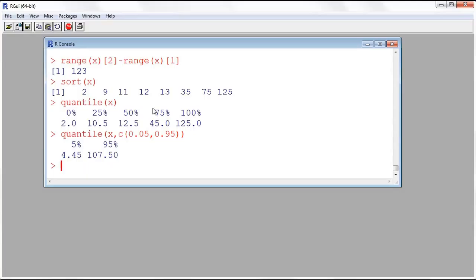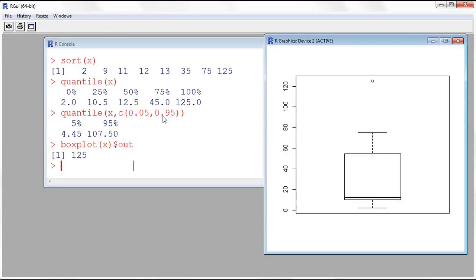And so we'll end the discussion today with outliers. I can use a function called boxplot of x, and this would create a box plot, but on top of that I want to display the outliers, and so I will use the $ sign and out, and this will give me a component of the box plot object, and actually out is for outliers. And so as I enter the command, it creates the box plot, but more importantly, I see that it displays 125. And so when we look at the box plot, we see there's one dot that represents the outlier, and this outlier's value is